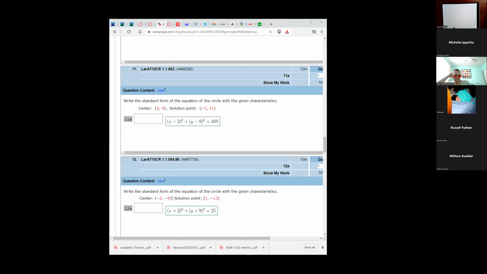All right. So let's do 11. Actually, 12 looks harder. Let's do 12. Now check this out right here. They did not give me the radius. So now I'm going to have to figure out the radius. I have the center, that's good, but I have a random point. So basically,